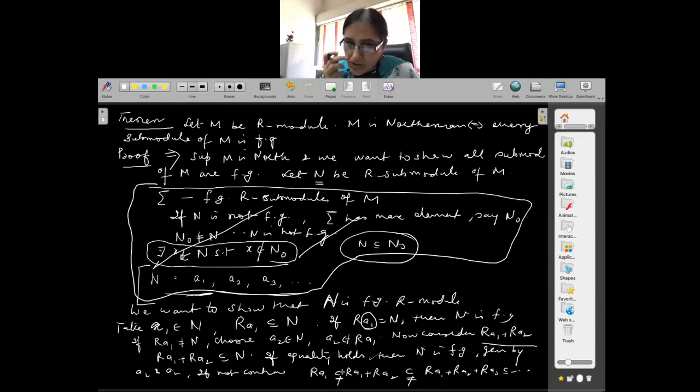Therefore it has to stop, and somewhere you will get that Ra1 plus ... plus Rak is equal to N for some k. Otherwise, this chain will go infinitely up. But that is not so, because you cannot have an infinite ascending chain of R-submodules of M. Is that okay?